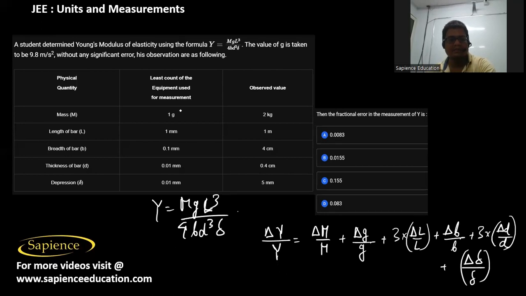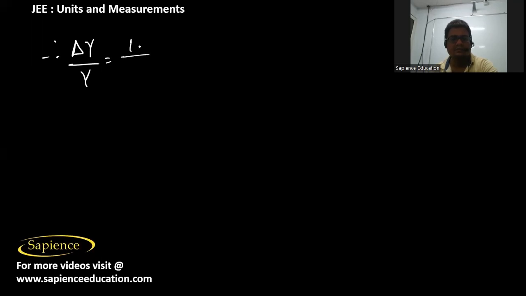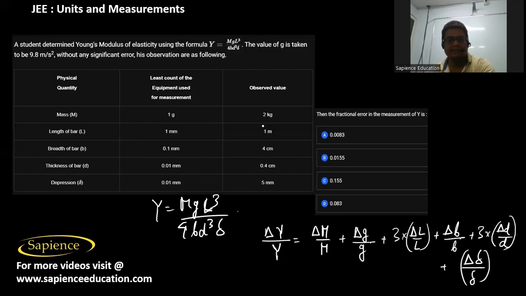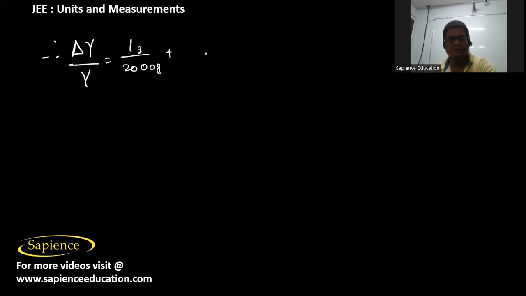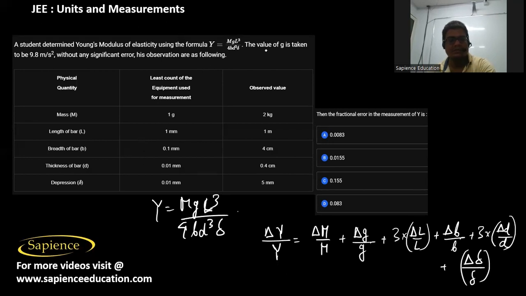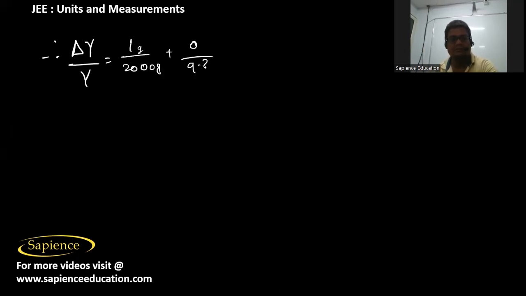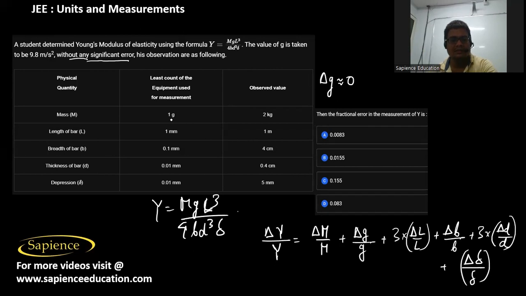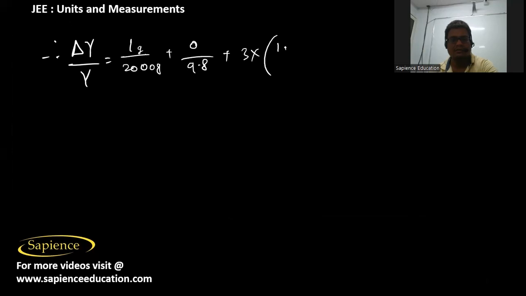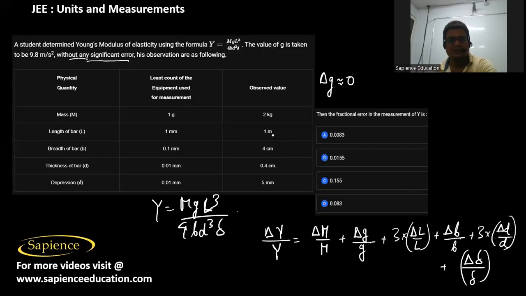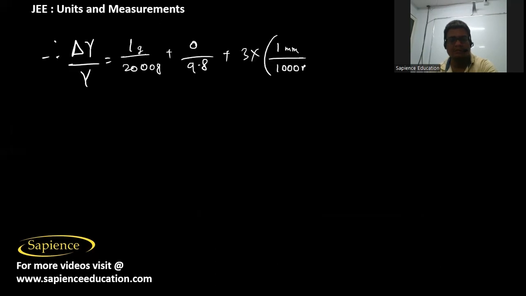So delta m, least count is 1 gram, divided by the mass m which is 2 kg, so it is 2000 gram, plus delta g. The value of g is taken to be 9.8 meter per second square without any significant error, so it means that delta g is approximately 0. So it will be 0 by 9.8 plus 3 into delta L by L. Now delta L is the least count, that is 1 millimeter, divided by the length, that is 1 meter, I can say 1000 millimeter,